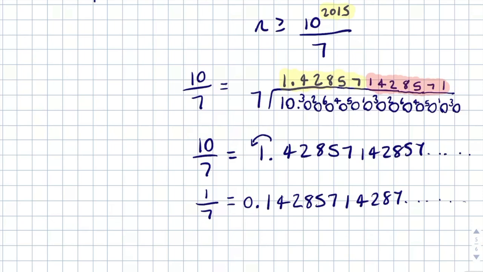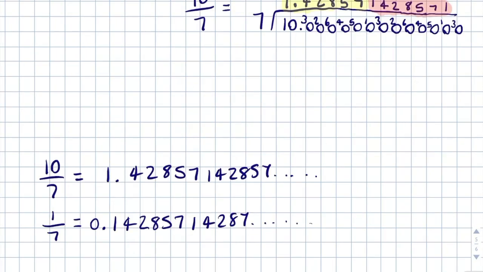Now, here comes the clever part. Something that you'll notice is every power of 10, the decimal point will move 1 place to the right. So we've got 1 over 7 is 0.142857, 142857, and then we've got 10 over 7 where we've just moved the decimal point 1 place to the right. So we want the value for 100 over 7, which is the same as 10 squared over 7. That means from 1 over 7, we're going to move the decimal point 2 places to the right. So it's going to be